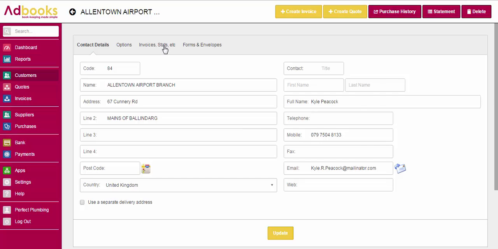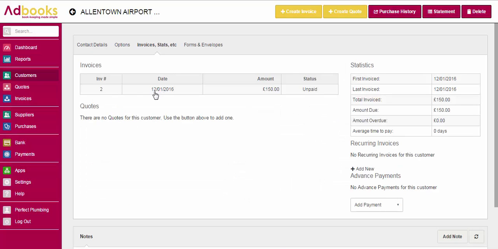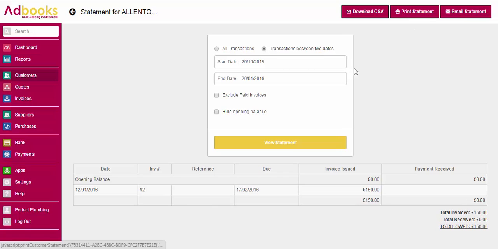If we now go through to the Invoices and Stats screen, we can see that they've got an invoice here, invoice number 2, and it's £150, and the status of that is unpaid. And on the right hand side, we can see when they've been first and last invoiced and the amount that's now due. We can also download their purchase history, and if I go and generate a statement for this customer,